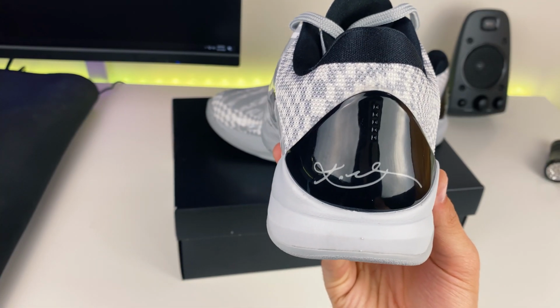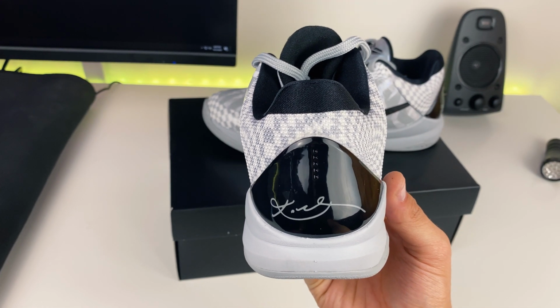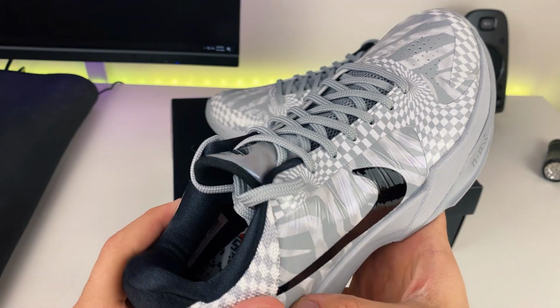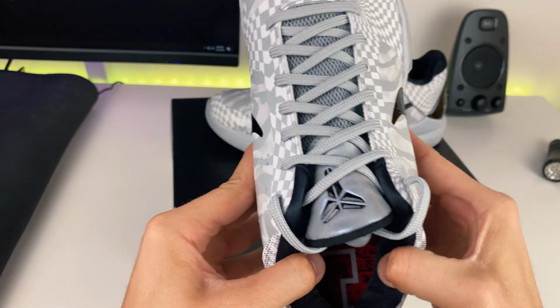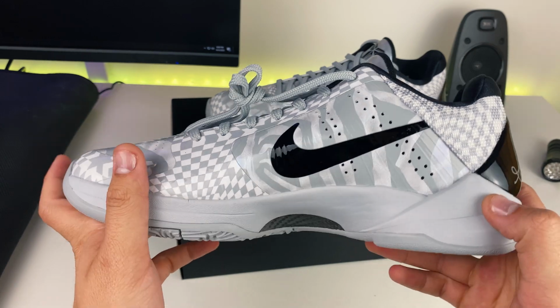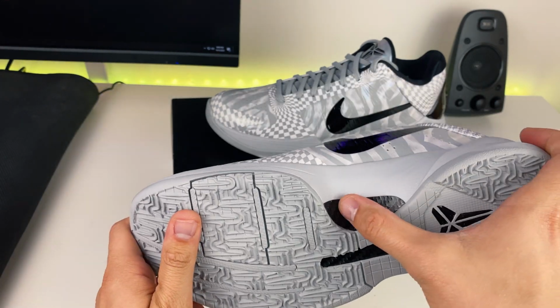Let's take a look at the heel here. Has the Kobe Bryant signature, more checkerboard. It's in that mesh material. Let's take a look at the insole. I'll be taking those out for you guys in a bit. Has your carbon fiber